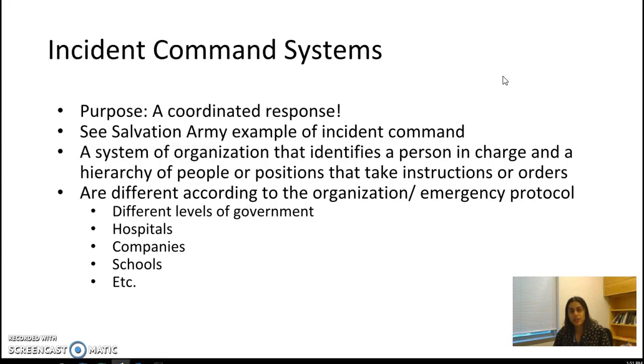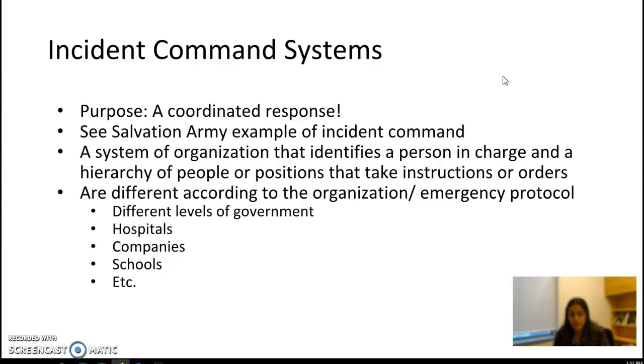And this identifies basically the hierarchy for instructions, for protocols. It's also important if two people are differing on an important decision that's urgent, then the ICS will say, well, technically he's higher on the chain or she's higher on the chain. She has to make the decision. So it helps reduce personal differences and conflict as well at a time of urgency.